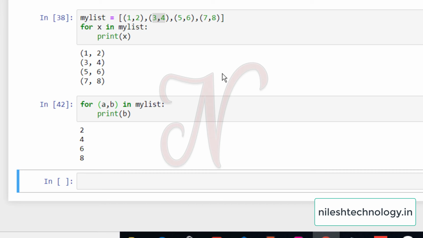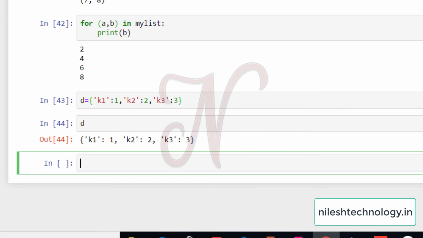Okay, next one is the dictionary. See here, we will create one dictionary d equal to k1 assigned 1, then k2 equal to 2, then k3 equal to 3. So this is my dictionary. Then we will print this dictionary by using a for loop.